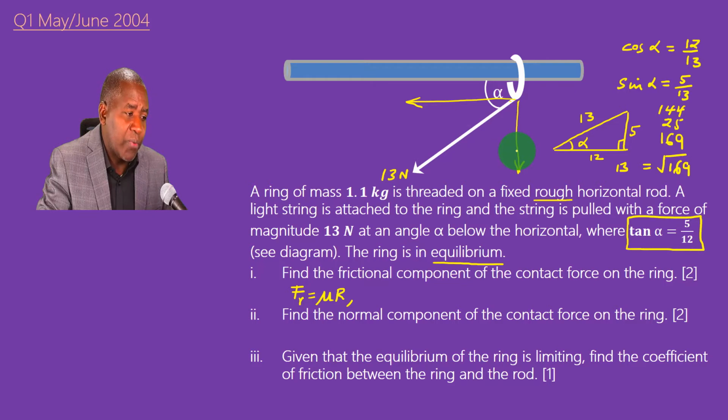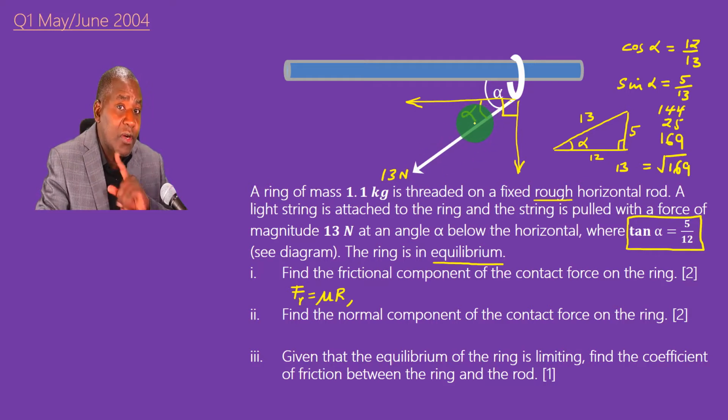These are the two components of the 13 Newton force. The two components must always make 90 degrees with each other. Since this is alpha, then the component which makes an angle with the force itself will take the trigonometrical function cosine. So this will be 13